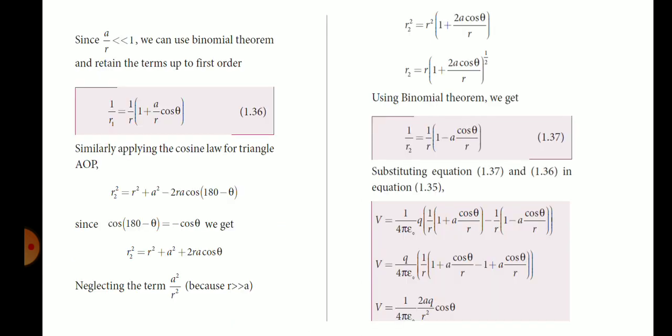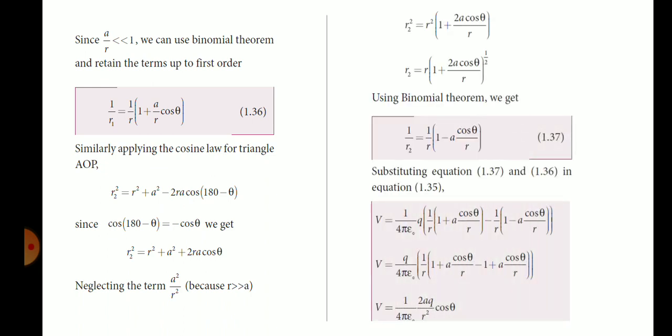One more time let me repeat. We consider an electric dipole, and then point P at an angle theta at the distance of r, and then we calculated the electric potential at point P due to the plus Q charge and the electric potential due to the minus Q charge at point P, and we added together and we found 1 by R1 and 1 by R2 and substituted and we solved that, and finally we got the electric potential formula as P cos theta divided by 4 pi epsilon naught r square.